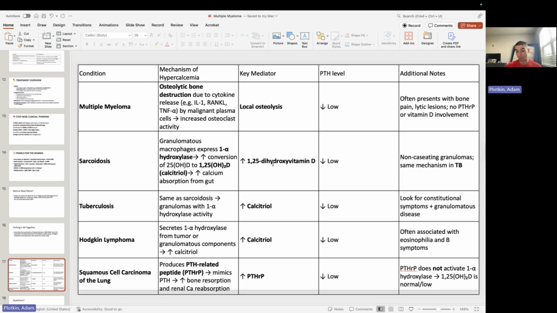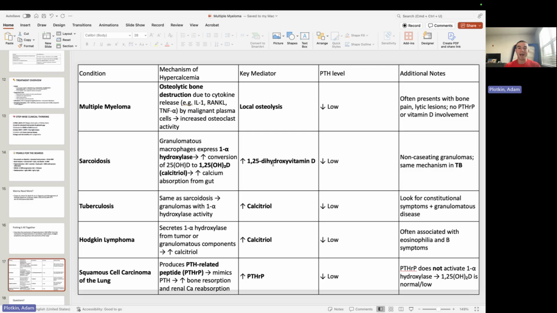Sarcoidosis. So in sarcoidosis, we make non-caseating granulomas, right? Classically in the lungs, sometimes in the liver. We can get deposition into the heart. It's one of those crazy systemic rheumatological diseases that are super interesting, right? Because it can impact everything. But whenever we get granulomatous formation, we are overactivating these epithelioid histiocytes, which have a lot of 1-alpha hydroxylase in